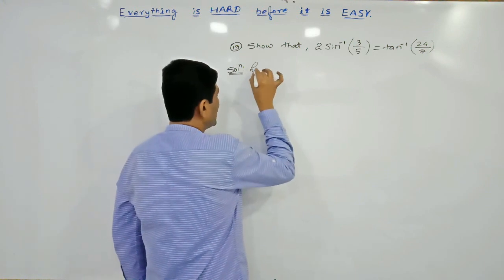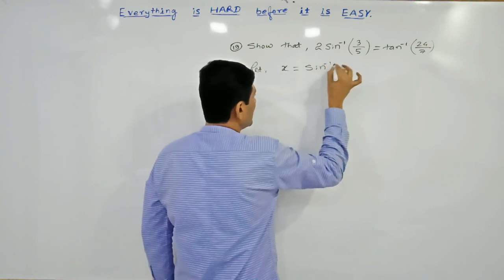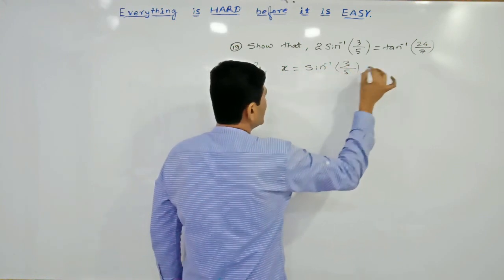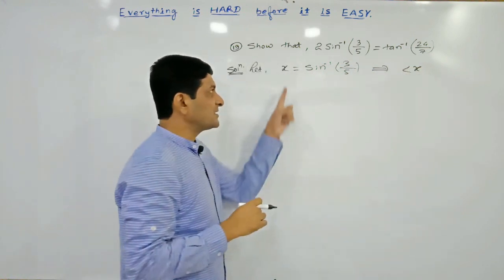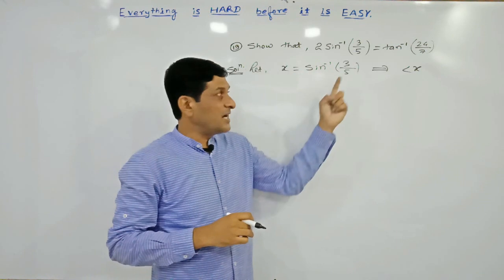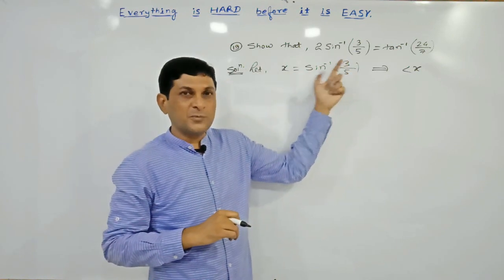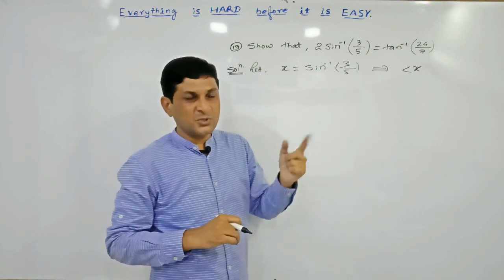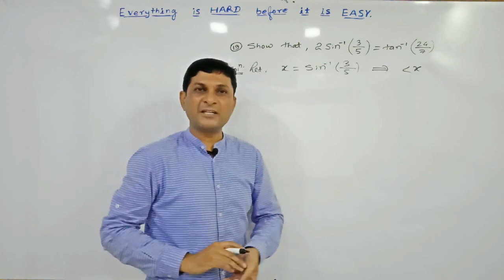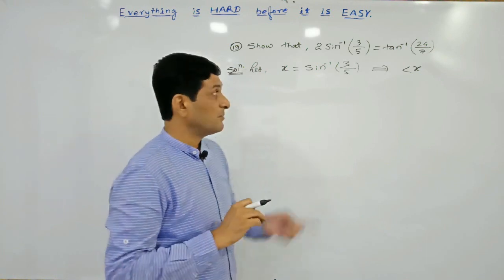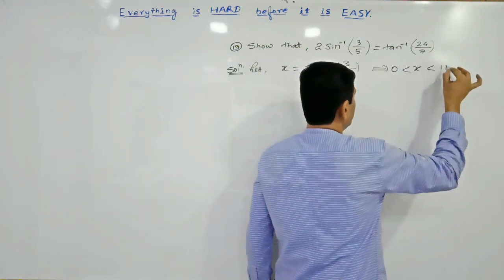RHS. So here we are supposing that let x is equal to sin inverse of 3 by 5. So this implies that x should lie in between, so here x is nothing but the value of what? Sin inverse. And if you observe here, this number is positive. And since this number is positive, we definitely know that the principal solution of sin inverse lies in the 4th quadrant and in what? 1st quadrant. Means in between minus pi by 2 to plus pi by 2. But this value is positive, so definitely it lies in what? 1st quadrant. Means it will lie in between 0 to what?